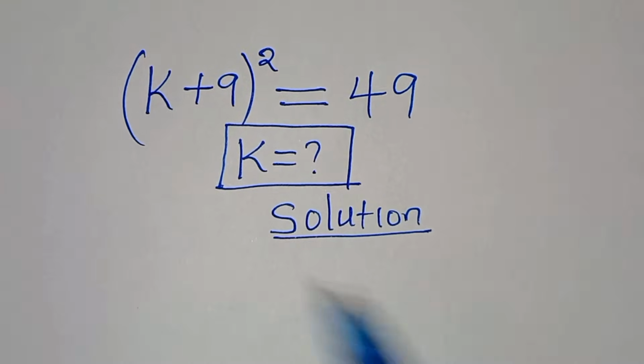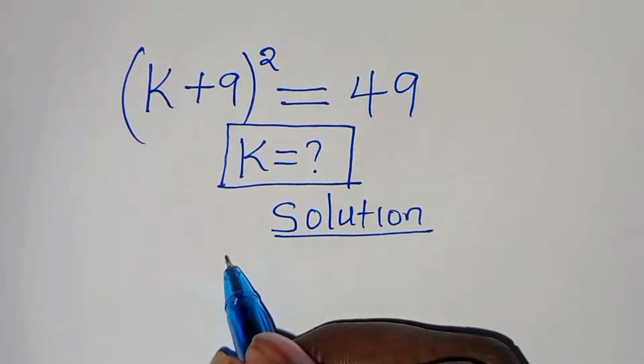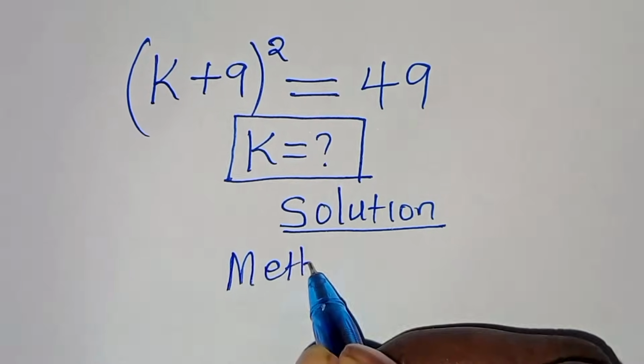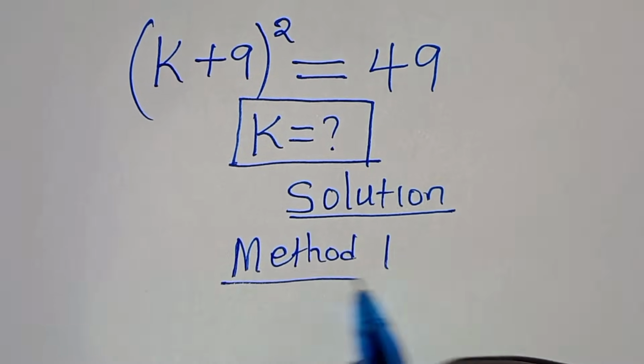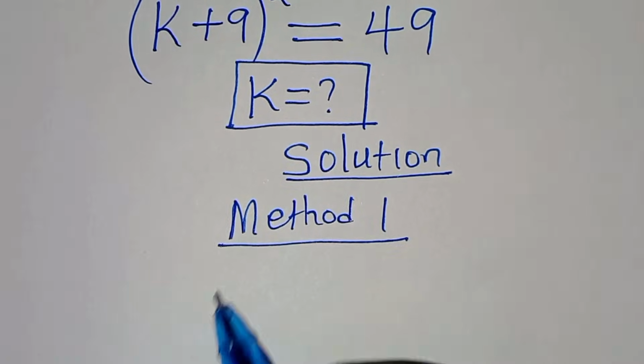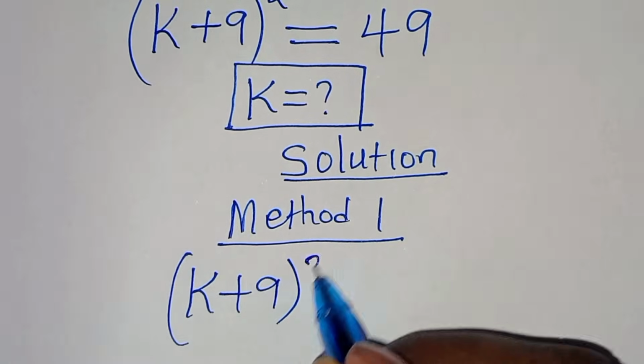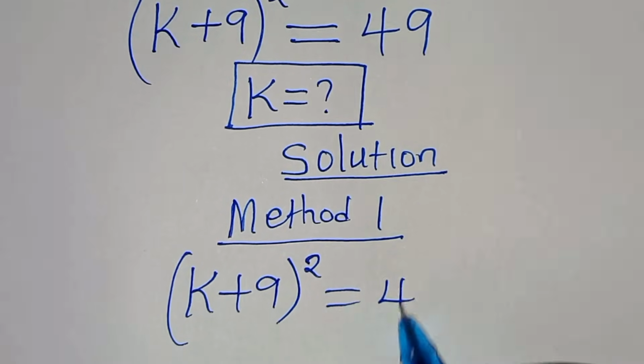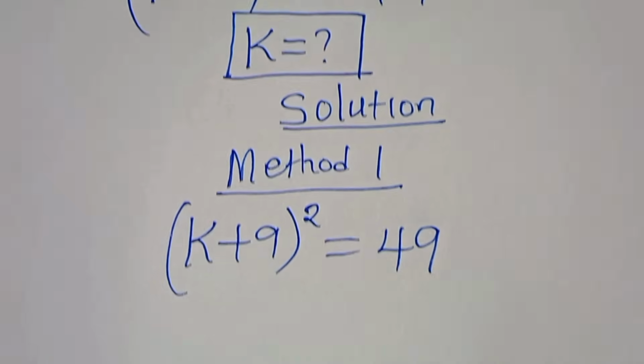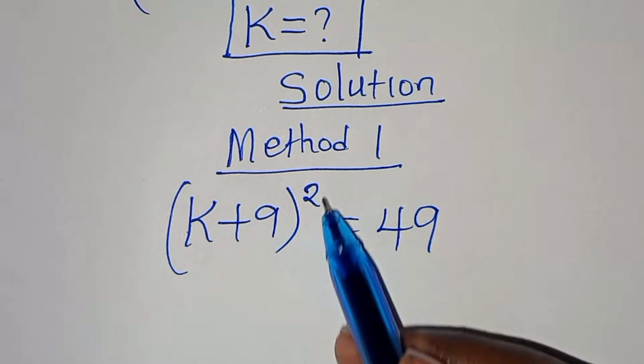Now, we are going to solve this by applying three methods. Let's start with method 1. Now, we have (k + 9)^2 equal to 49. Now we have that (k + 9)^2